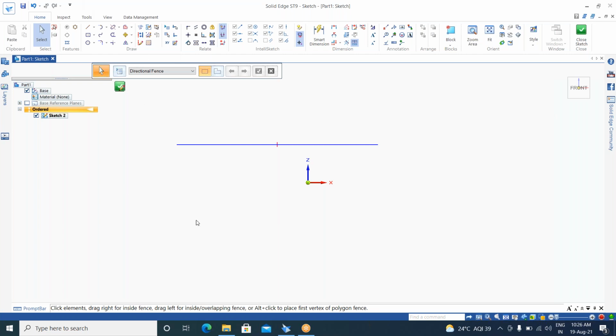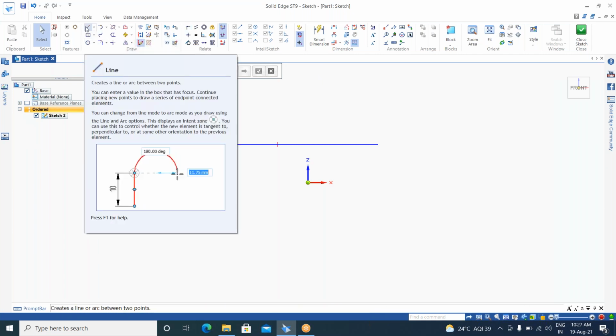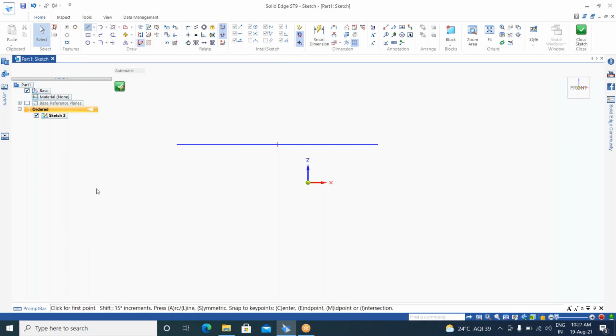Instead of converting the normal continuous line to a dotted line, before itself we can activate this construction. After activating create as construction, whatever geometry we are going to draw will automatically convert into dotted construction lines. For example, I'm going to select a line. Here I give the starting point and end point. Here it will automatically,